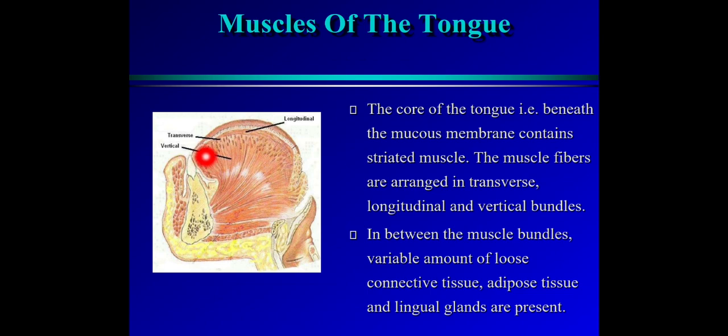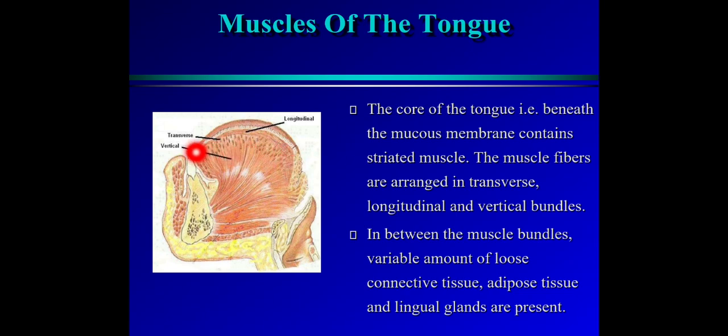Here these are the number of muscles seen, the transverse and the vertical muscles present there, and also the longitudinal running muscle. Here this is the main bulk of the tongue. It is formed by the extrinsic muscle called the genioglossus muscle. Here from the superior genial tubercle the muscle is going and forming the main substance, that is the genioglossus muscle. And here these are the intrinsic muscle fibers.